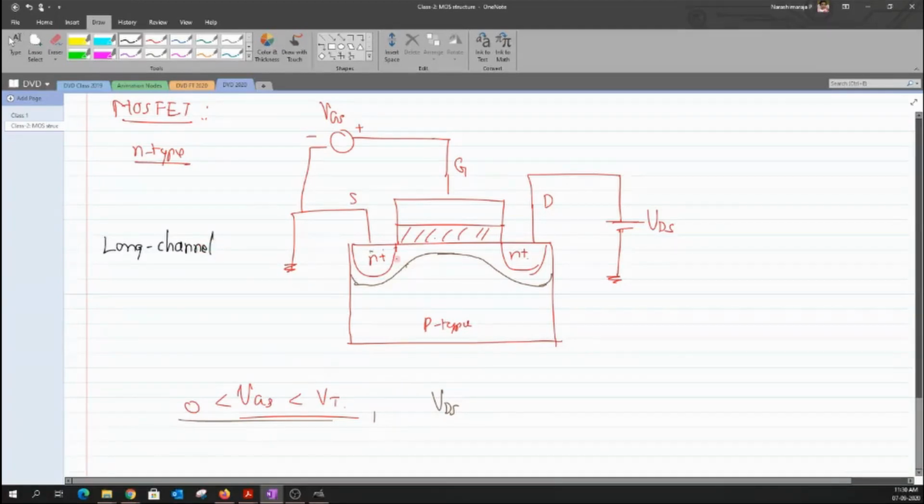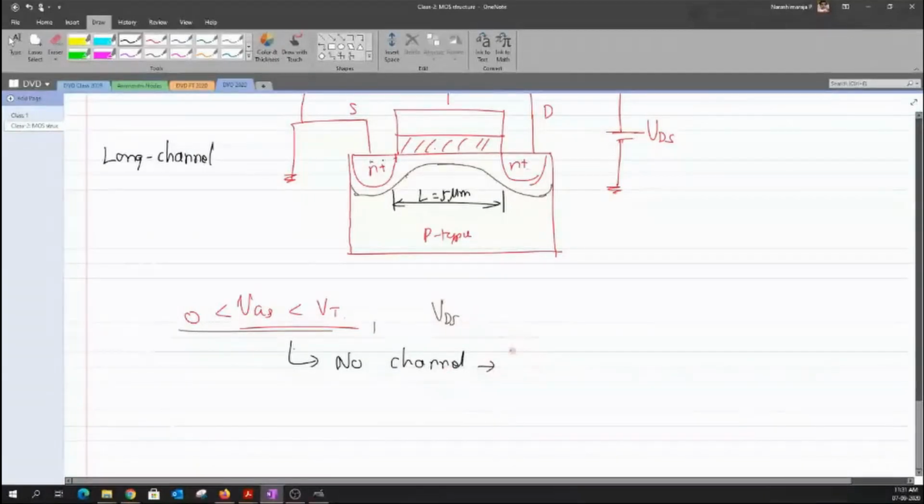Let us assume that the channel length L is around 5 micrometers. In this dimension, you will not have any current flow between the source and the drain. Because no channel exists, any value of VDS will not give us any current, due to which IDS will always be equal to 0, and we call this the cutoff